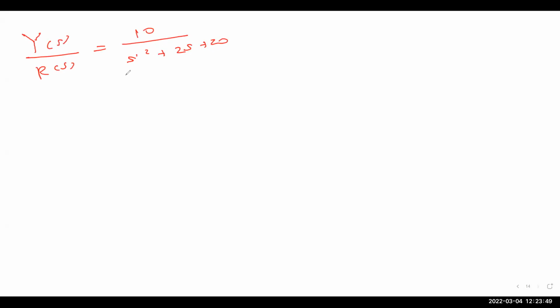Right. So to find the system poles, we have to get this. So you all know now from your complex numbers,